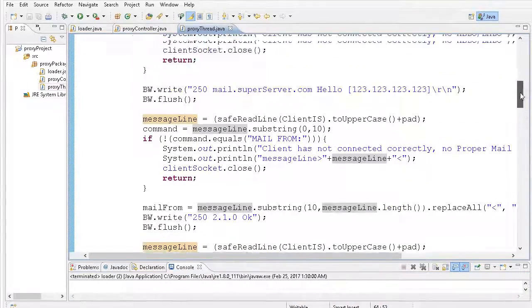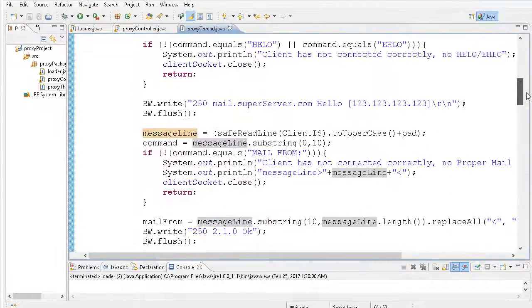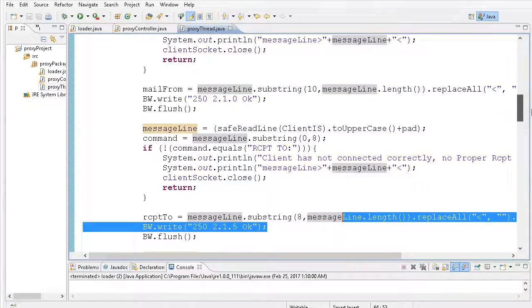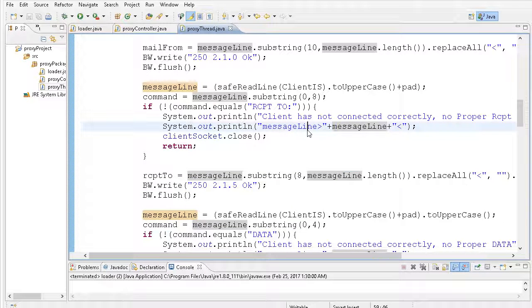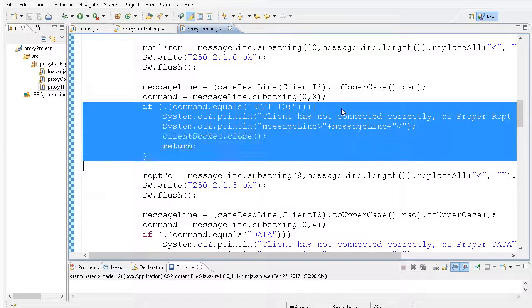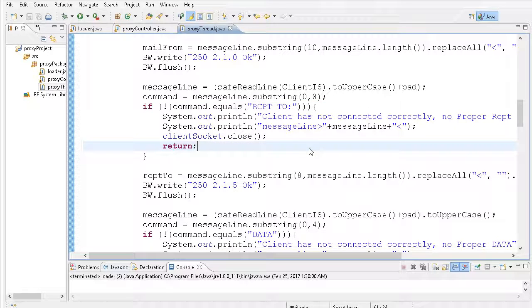All right. So, right now, nothing has actually changed because we haven't done any filtering. Now we have exposed all the commands, and we have exposed the from and to address. And I won't get into this. Actually, this receipt to is going to have to be looped, because of BCCs. But we will loop out the BCC later on. But right now, you could, in your receipt to, right here,